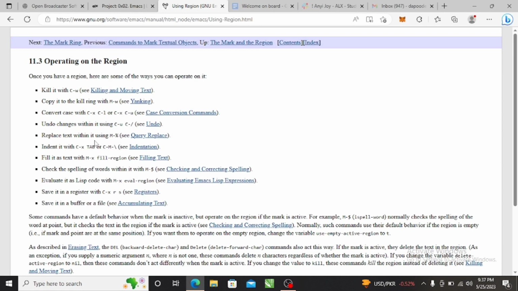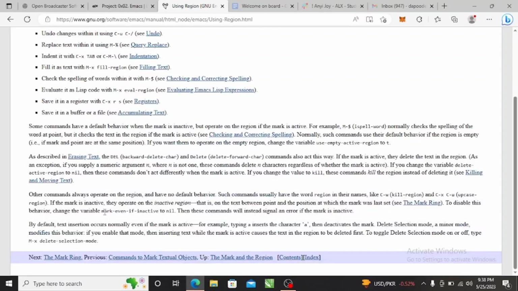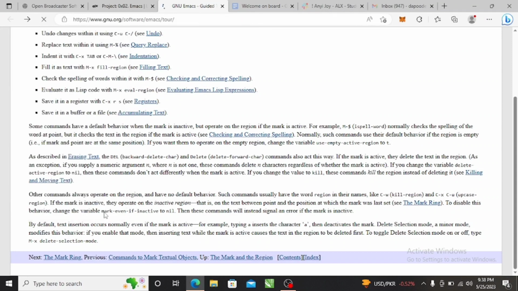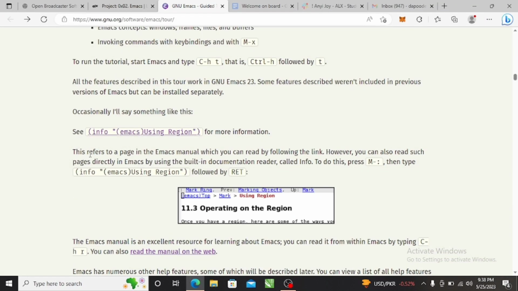So you have to cram and memorize all this. Save it in a register with Ctrl X, R S, and so on and so forth like that. You can read that yourself. Sorry, let's go back. This refers to a page in the Emacs manual which you can read